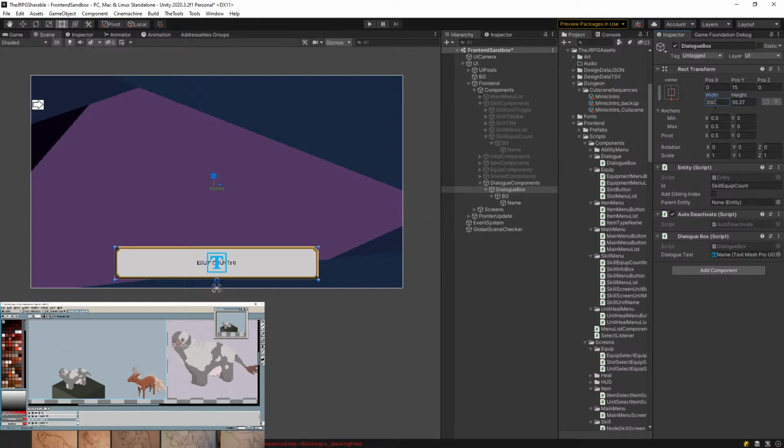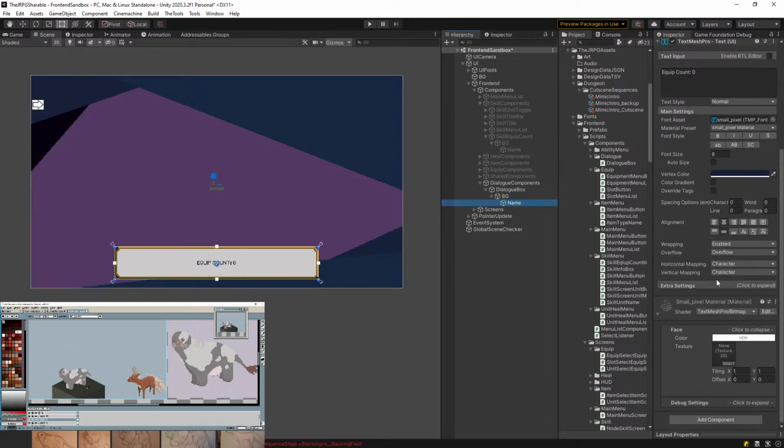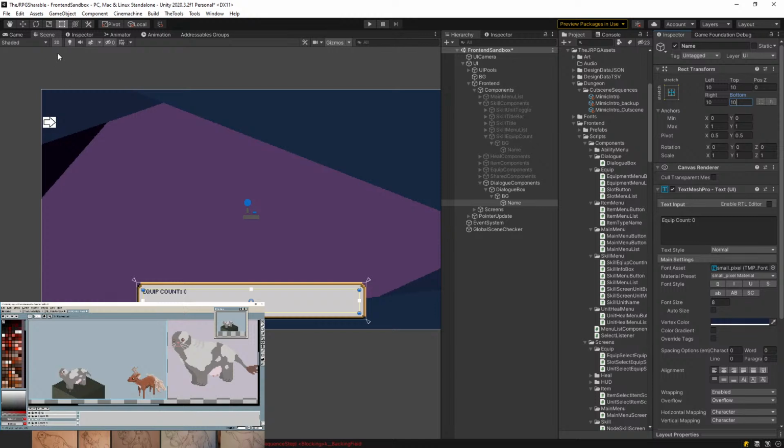350. Okay. And then the text itself, I think we want to have it left align, top left, and then we're going to want it to be like 5 pixels in, 10 pixels in from the side. Okay, and then if we wanted to